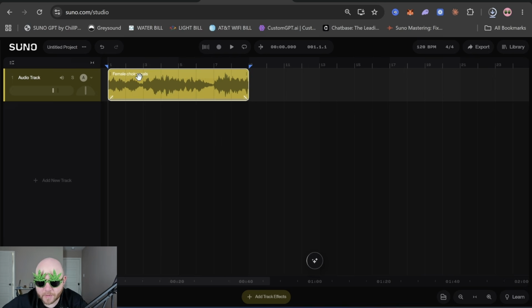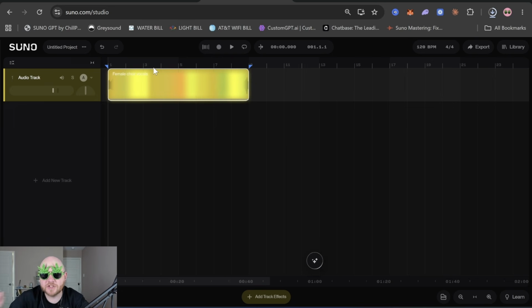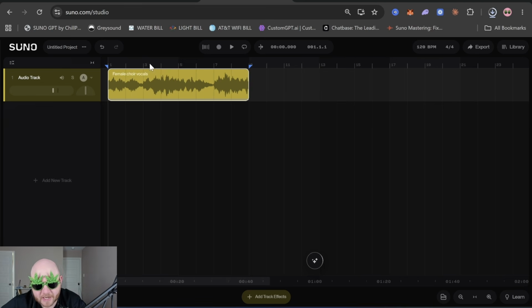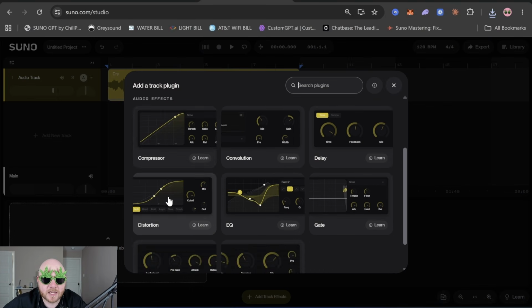That works for me. But before we add effects to this, I'm actually going to right click this track and click remove effects just to get rid of all that reverb, all the echo, everything, so that we can do everything from scratch. I'm going to go to the bottom where it says add track effects, and let's start with